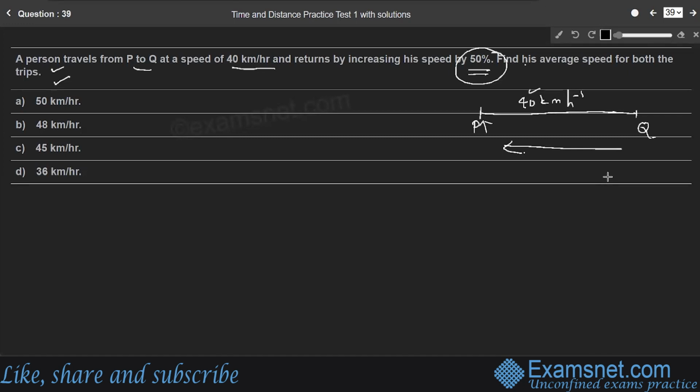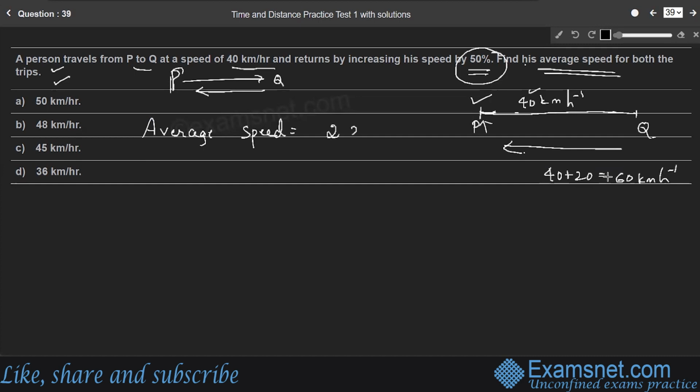50% of 40 is 20 km per hour, so the increase in speed is 20, and his new speed will be 60 km per hour. So what is the average speed? Here, when a body has two different speeds, we use the concept of average speed. When a body comes back to its original position, here P goes to Q and that person comes back to position P only, in that case, average speed is equal to